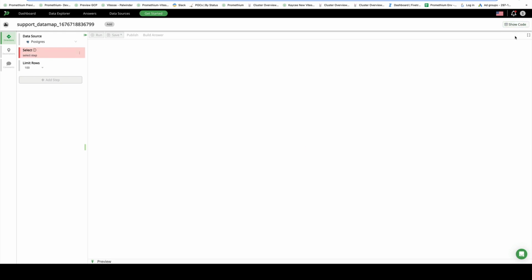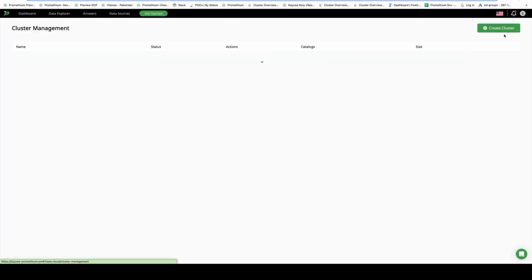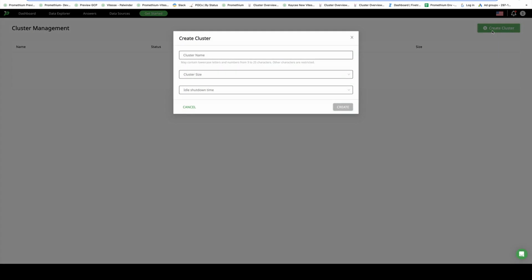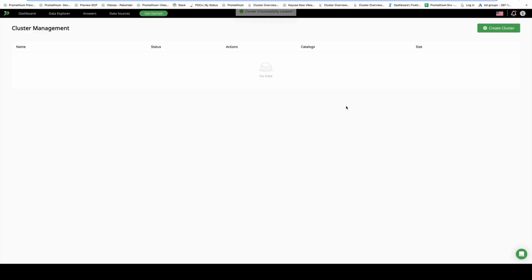However, with Promethium you can go into our cluster management page and create and spin up a brand new cluster. Let's call this Promethium. For the cluster size, I'm going to select the free one, with an idle shutdown of 5 minutes just for demo purposes.